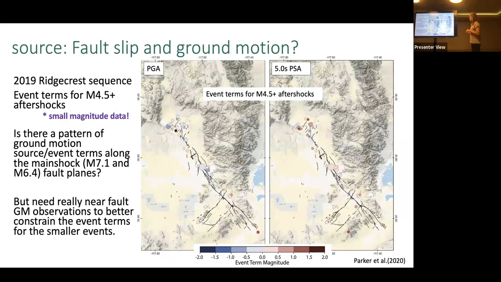Similarly, looking at the source component for the Ridgecrest data. These are the event terms. It's a little grainy here. Event terms for the aftershock magnitude 4.5 or larger for PGA and for 5 seconds, colored by the amplitude of the event terms. So red are large event terms or high stress drop events, and blue smaller. We wanted to ask, is there a pattern with what we're seeing here compared to what happened from the main shock or the magnitude 6.4? But at this resolution, it's still really difficult to see what kind of patterns, if any, we're seeing here. So if we had a better understanding of the near fault ground motions or the